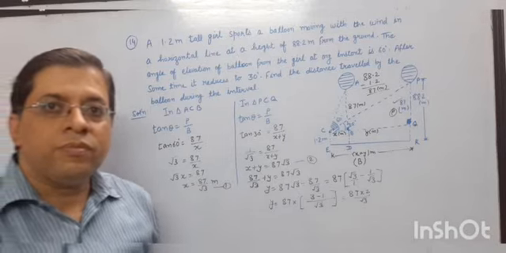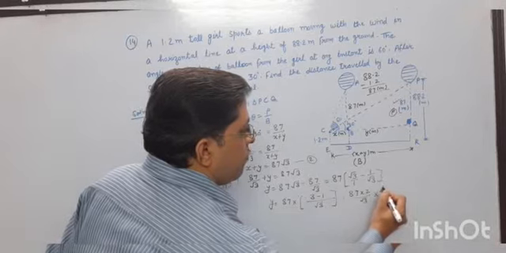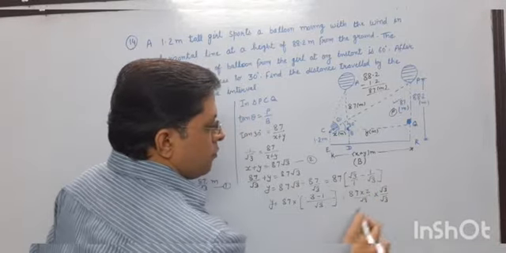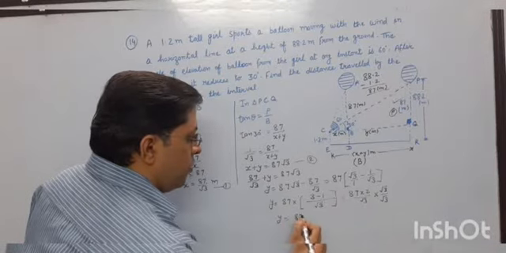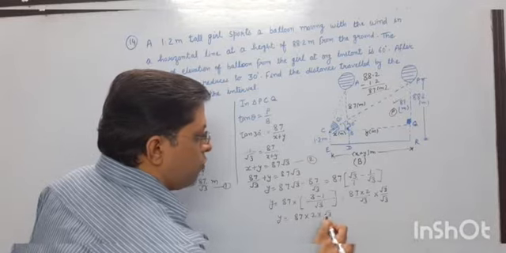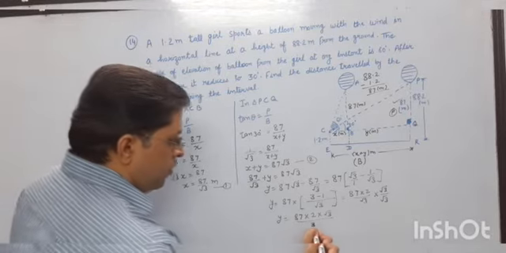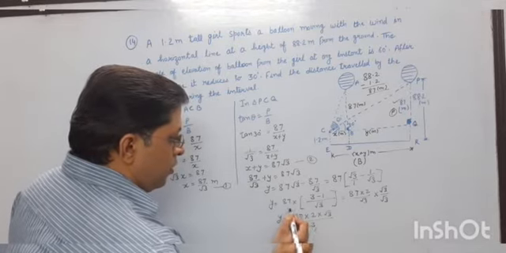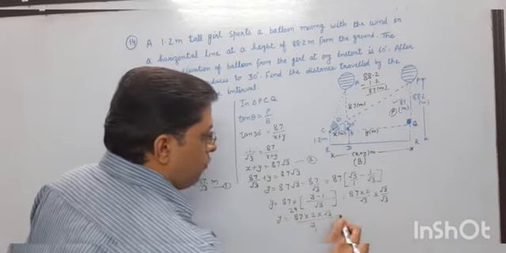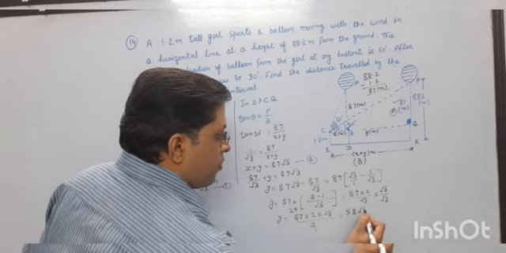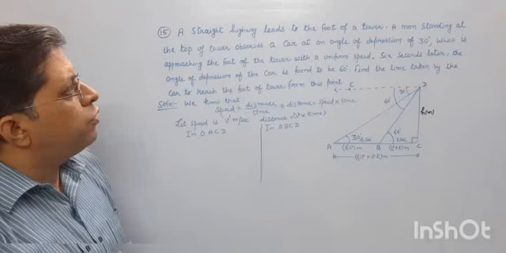Again, see, this is coming as an irrational number. So what to do? You have to multiply and divide by root 3. Then the last step: 87 into 2 into root 3 upon 3. 3 ones are 3, 3 twos are 6, 3 nines are 27, and 29 into 2 is 58. So it is 58 root 3 meters. And this is the foot of the tower.